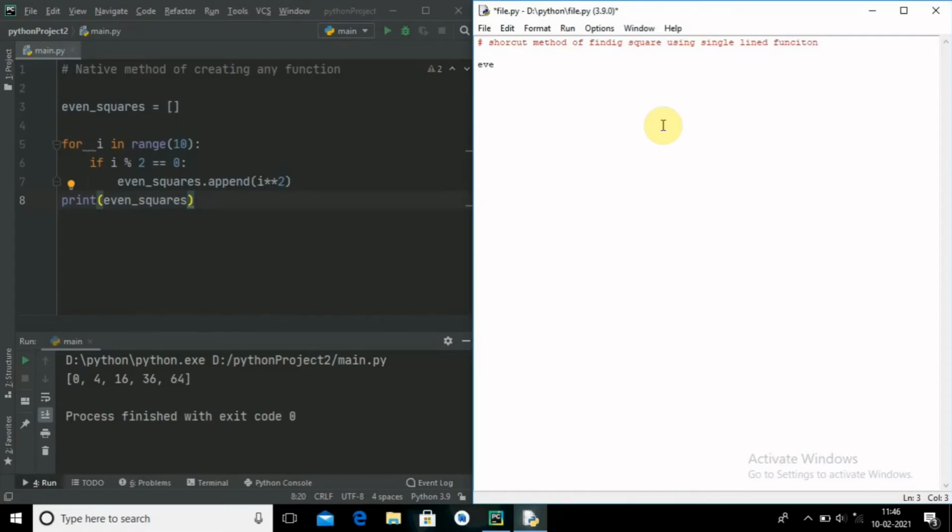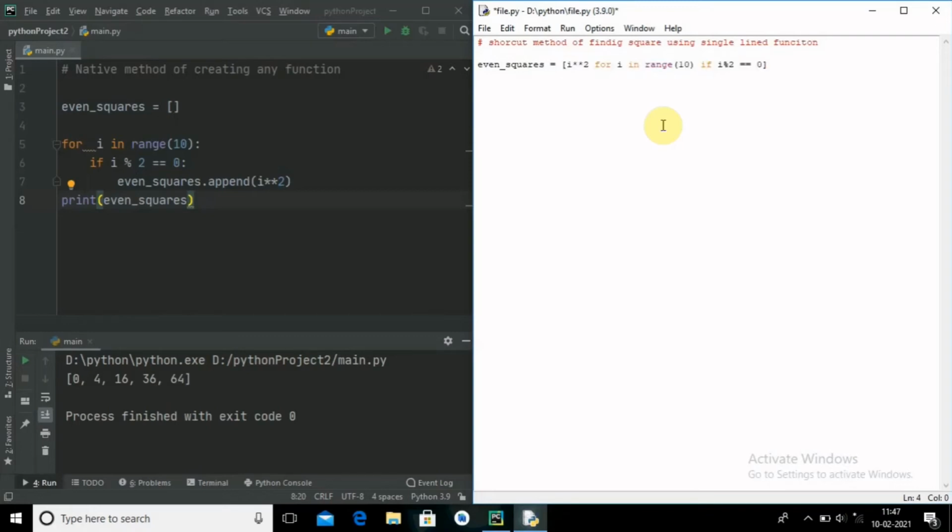Here I will write even square. In this I will write a command i power 2 where i in range until 10, and here I have to give the condition that i modulo 2 should be equal to 0.